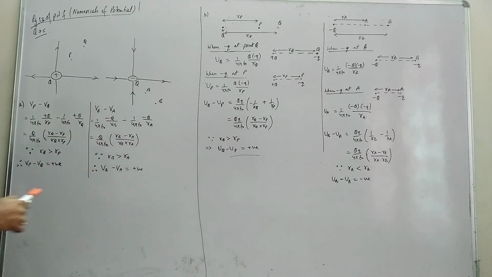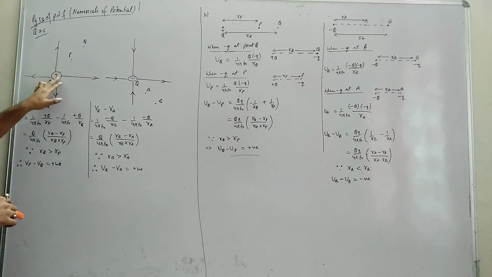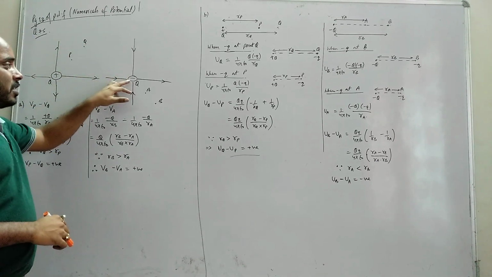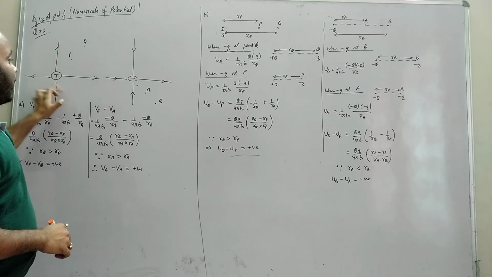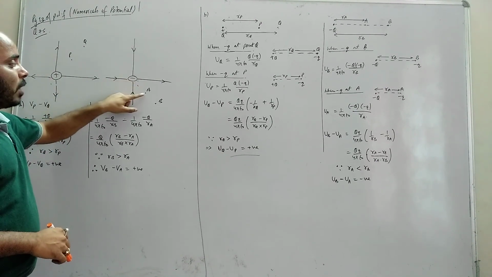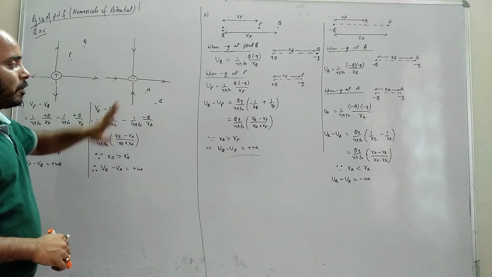So let's talk about the question. Two figures are given to you. In one, a positive charge has electric field going outward. Two points, P and Q, are given. P is close to the plus charge, Q is away from the plus charge. In another figure, we have a minus charge. Simply minus is given to you, with one point A and one point B. A is close to the minus charge and B is far from the minus charge.